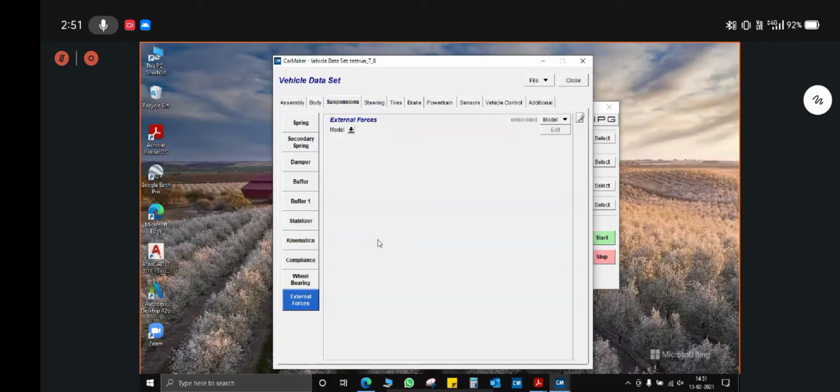As you use the amplification or multiplying factor for optimizing your values, similarly you can use external forces for finalizing or selecting the stiffness or damping values, or the force values, the capability or availability of force with your suspension system. So this external forces tab can be used for that.